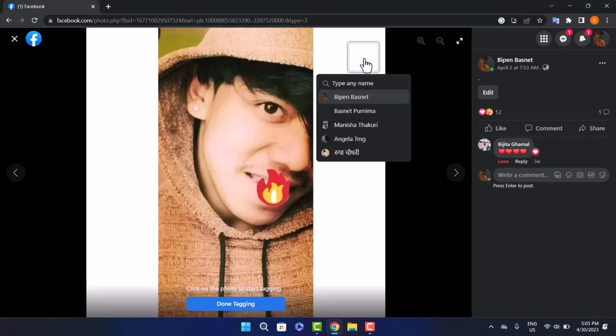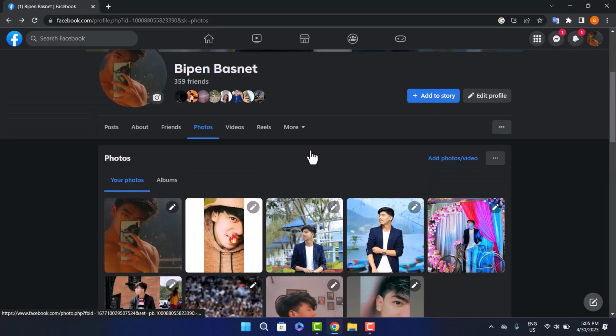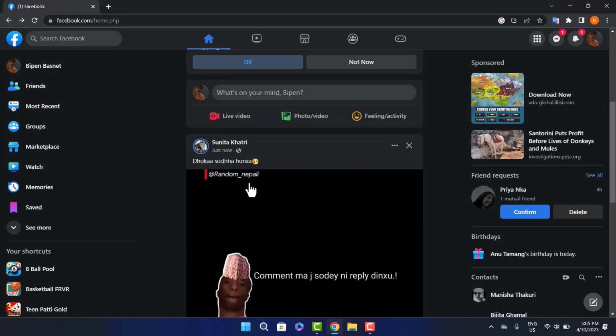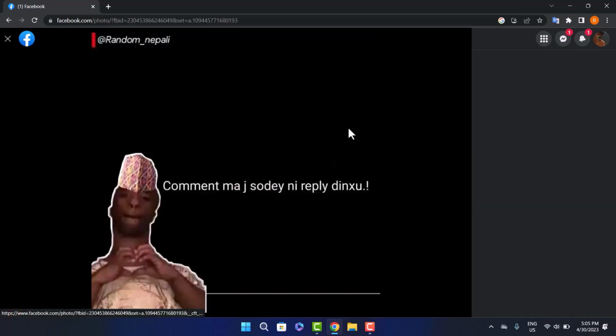And once you do it, you can click here and you can select anyone that you want to tag, or you can simply search them by searching here. Now this is the other way that you can tag. This way you can tag someone on Facebook, but if you want to tag someone on others picture, you can